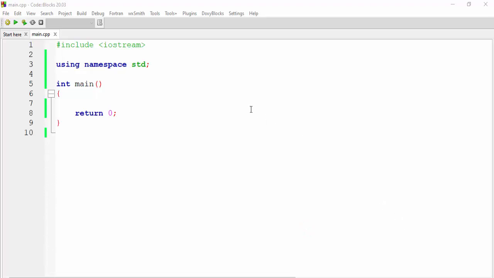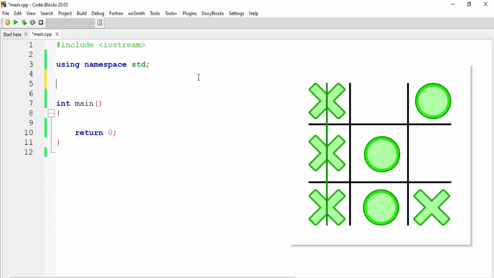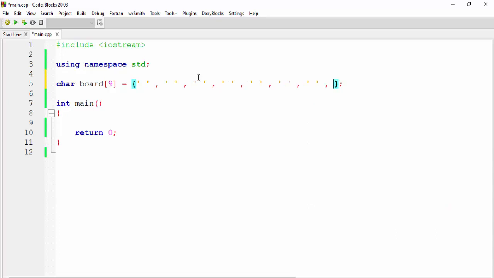So first of all, we need some variables in which we store the temporary data. The first variable will be our board. We want to create an array of characters in which we store our board. So we'll say char board, and the size of the array will be 9, because in the tic-tac-toe game we have 9 positions to be marked. Initially I will initialize all the elements as space. So I will copy this 1 2 3 4 5 6 7 8 9. So we have 9 characters out there.